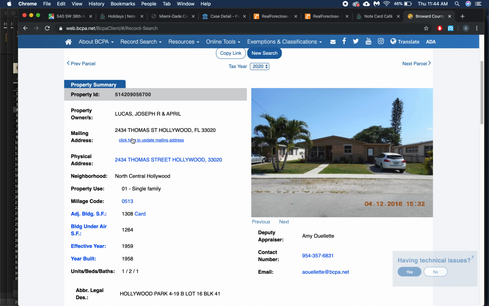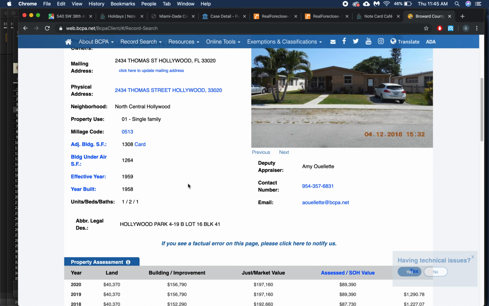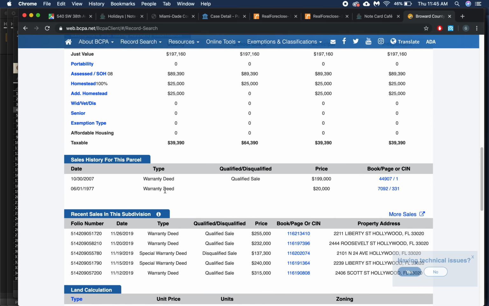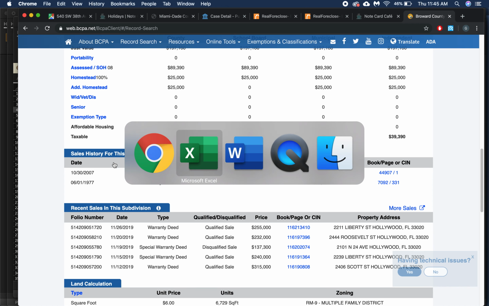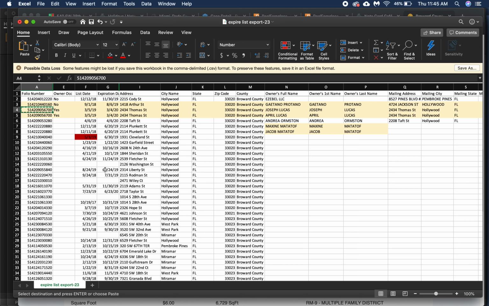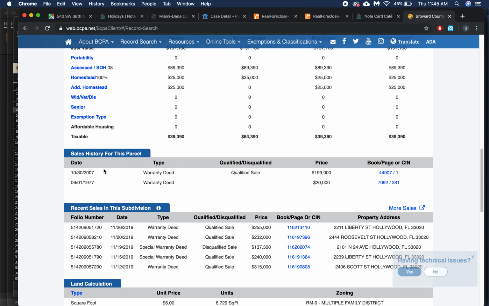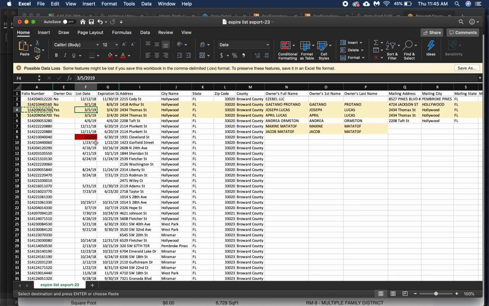If they do not match, it's non-owner occupied, which would be no. If they do match, then it is owner occupied, and that would be a yes. We want to confirm whether or not a sale has taken place after it was initially listed. So we go down here to sales history for this parcel, and we want to make sure that the last available date is not after our date. So again, 3/5/2019. The last time a transaction took place on this property was back in 2007, so we're good on that